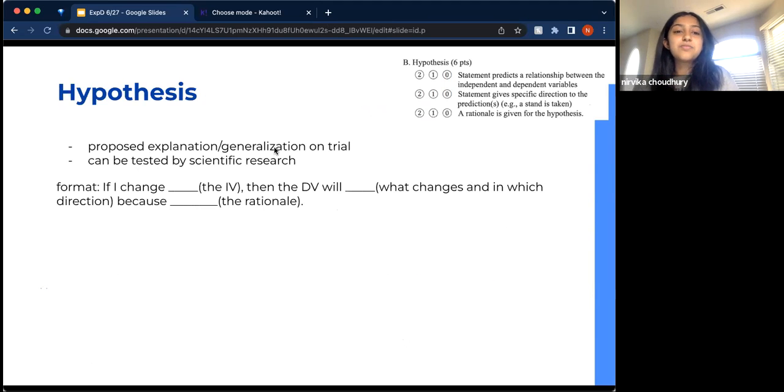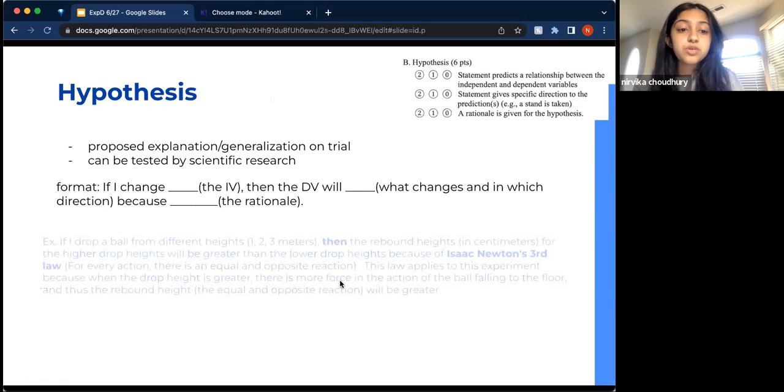Okay, so a hypothesis is a proposed explanation or generalization, or like a trial. It basically has to be tested by scientific research, which will be your experiment. So if I change the independent variable, then the dependent variable will be something else. Like what changes and in which direction? Because the rationale is very important. You can see in the rubric on the right hand side, it says 2 points: a rationale is given for the hypothesis. So that's very important. So here's an example from the same